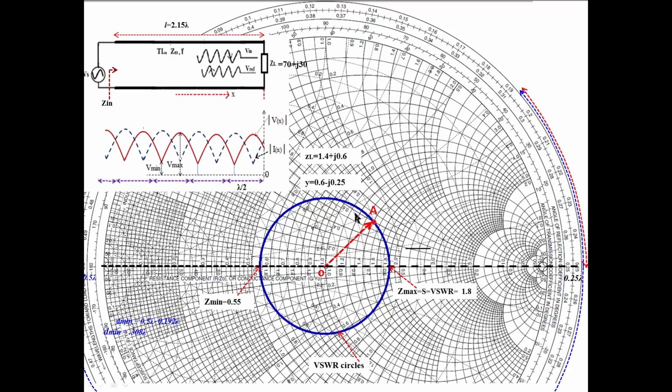Yes, ma'am. Okay. So we are completing once, lambda by 2, and you move back to the point. We are covering a distance of lambda by 2, but I should not stop here. I should move further. I have to go up to here. This point, by the time of lambda by 2, we are back at the load point, the same value. So again you move over here. Complete one more, then you will be coming here.